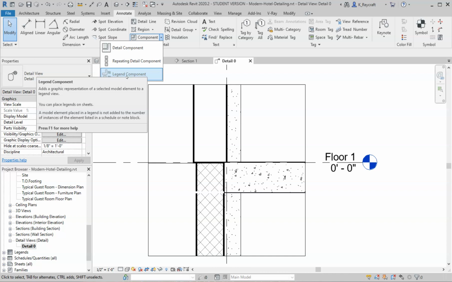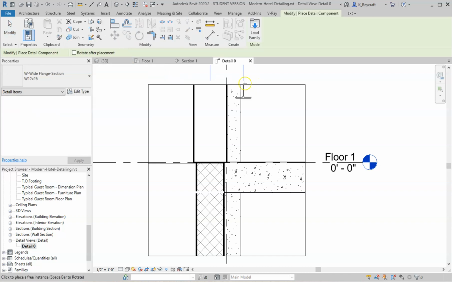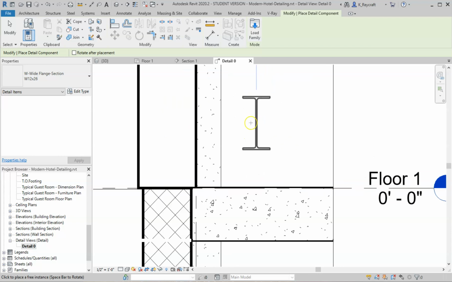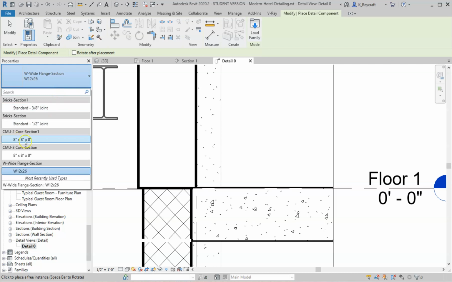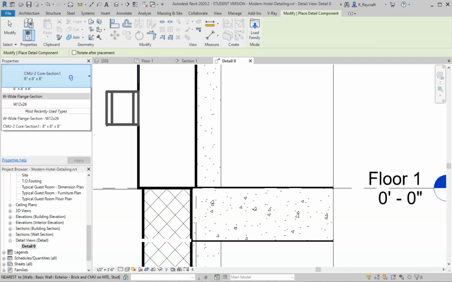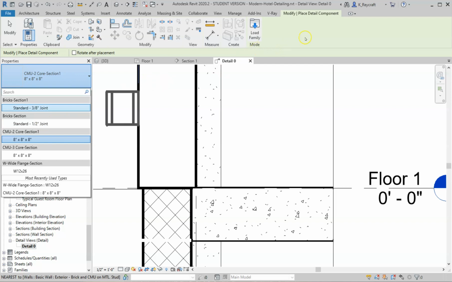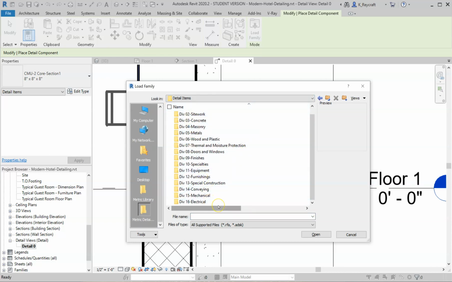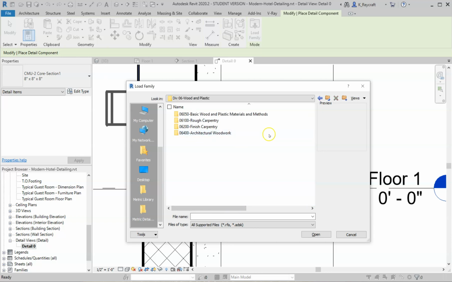So detail component is, you can see here that by default we have a beam, a wide flange beam. We have a couple of other things here. We have concrete block. But usually what we're going to end up doing is load family. And when you go into load family, it takes you to, in our case, the default Canada folder of components. And we do have detail items here. It's broken down into our different division numbers. So if we wanted to, let's say, go into wood and plastic, subfolders, architectural woodwork,